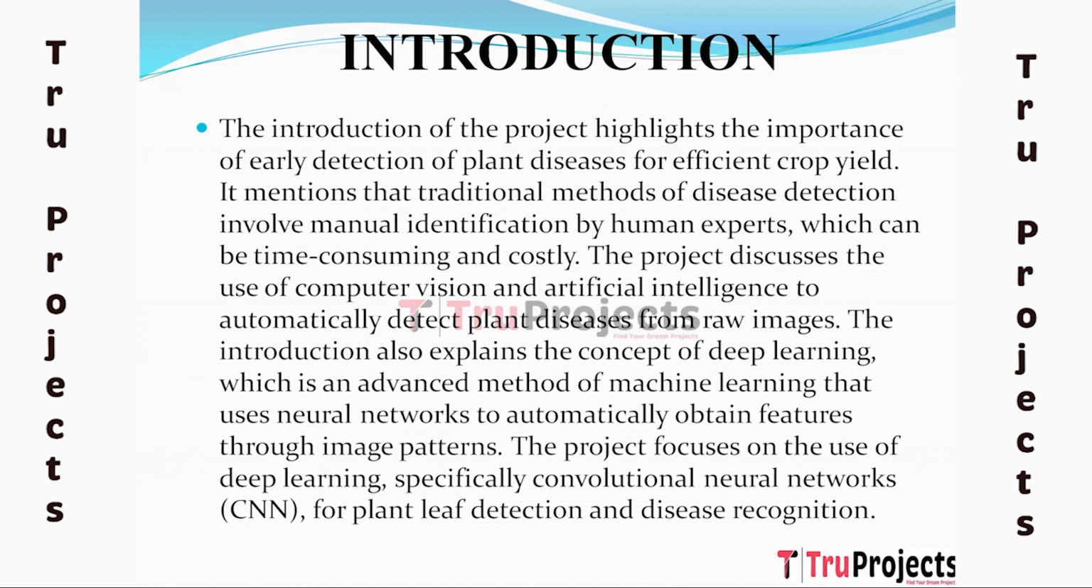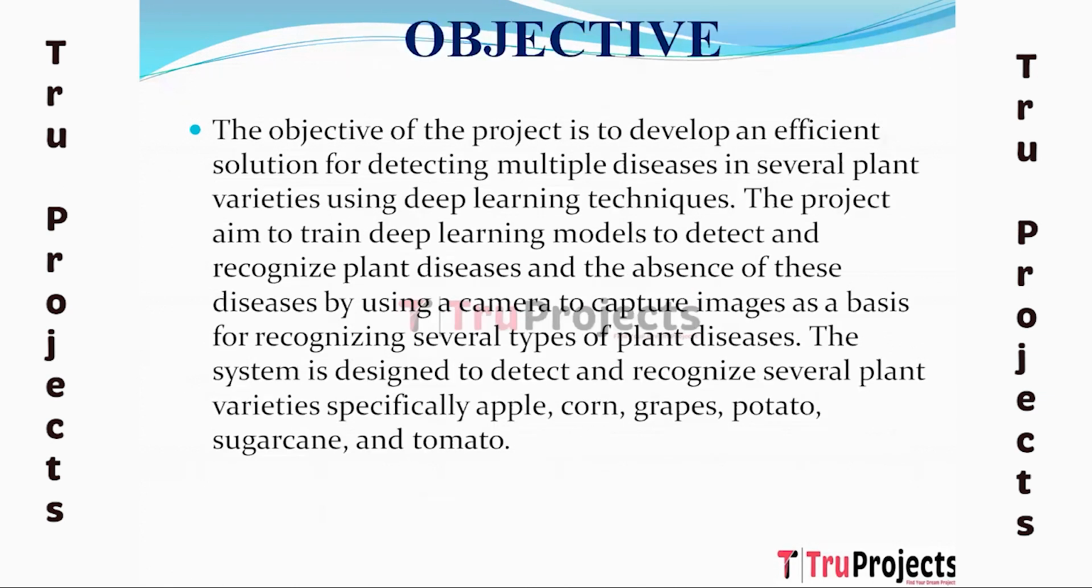The project focuses on using deep learning, primarily convolutional neural networks, CNN, to detect plant leaves and recognize disease. Objective. The project's goal is to use deep learning techniques to create an effective solution for identifying different illness in various plant kinds. The project's goal is to train deep learning models to identify and recognize plant disease and their